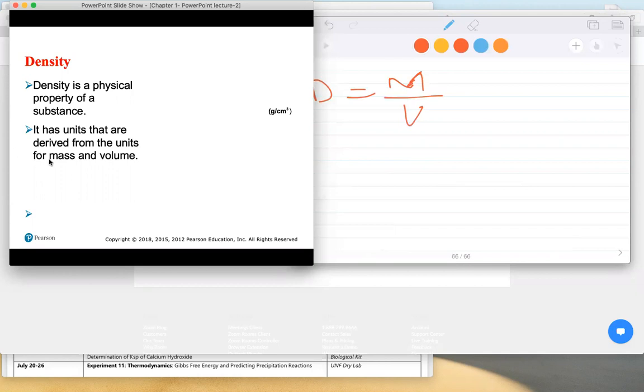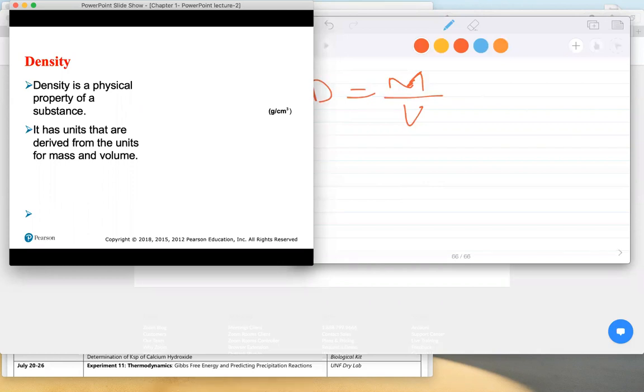Units derived from mass and volume. You see the equation here, mass over volume. I've seen students making mistakes. If you are given two, you should be able to calculate the third one. I've seen students flipping the equation and saying, he's asking me density, let me say volume over mass. No, you have to know your